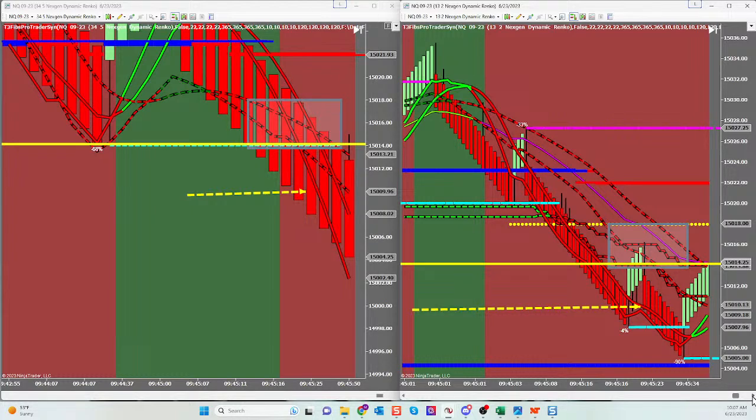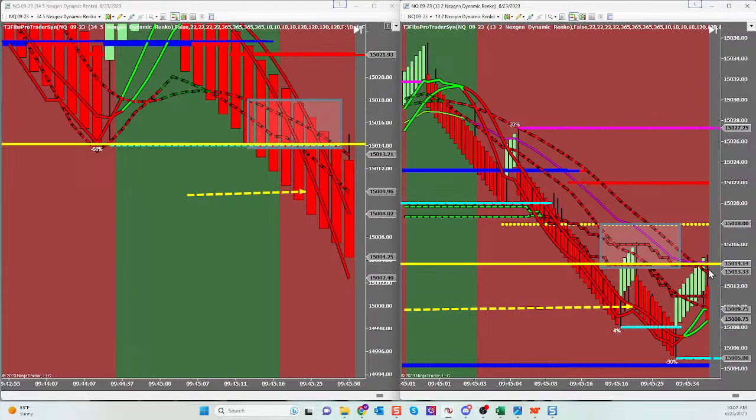Now I have the advantage of momentum. I have the advantage of a clear path. And I have the advantage of nothing in the way entering at the market. We're entering at the area where the market is likely to continue. And it pushes up against me, and then I get that magical reversal bar. Guys, if you were in at 15.014, look at where your stop is. That's your risk between these two yellow lines.